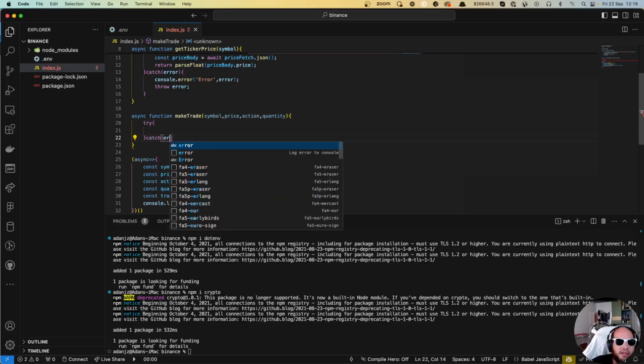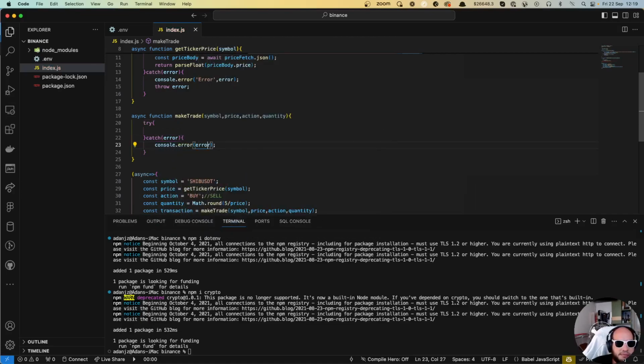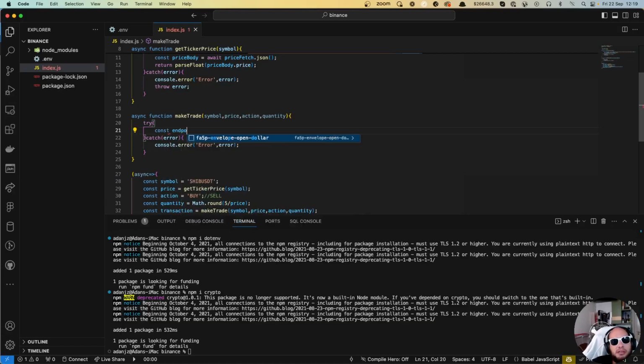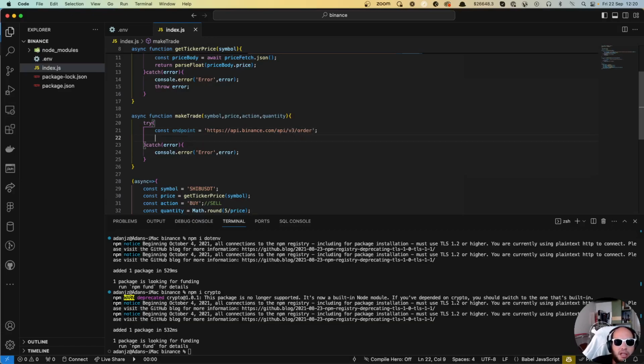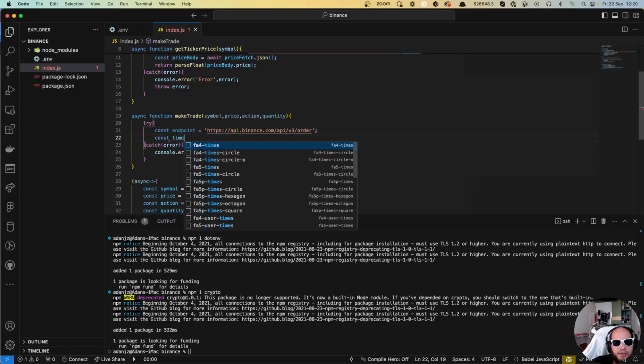Okay, where of course error, console.error. Perfect. Okay, so first, let's declare the endpoint. That is gonna be HTTPS api.binance.com/api/v3/order. Yeah, order. We're gonna need to get the timestamp, and this is really important